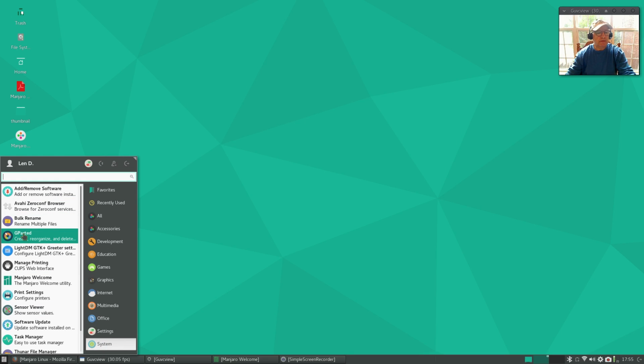GParted is available out of the box. That's a partitioning tool. You can add and remove software. You can change your greeter settings. Manage your printing. There's the Manjaro welcome screen. Now I use print settings when I configure my printer, but I will cover that in the series. I'll do an episode on setting up your printer. Sensor viewer shows your sensors within your system. So for example, fan speeds, internal CPU temperatures, hard drive temperatures, things like that. Software update, task manager,